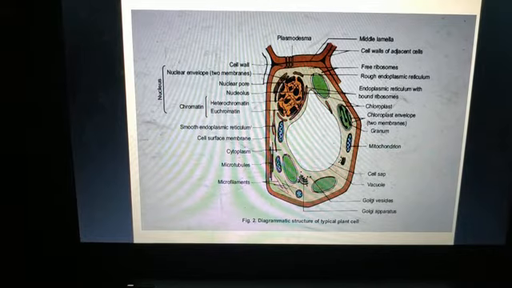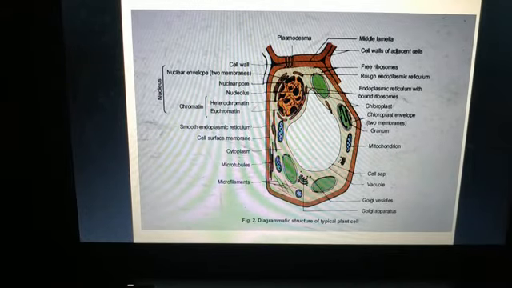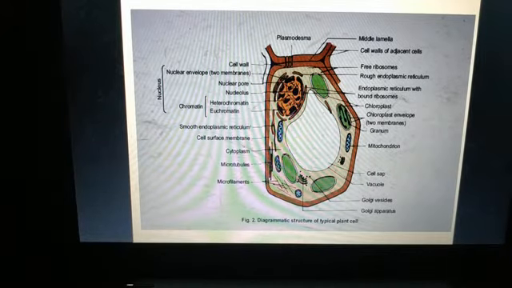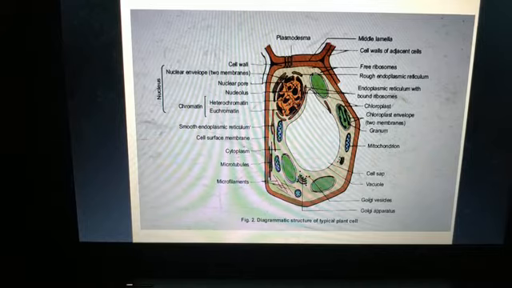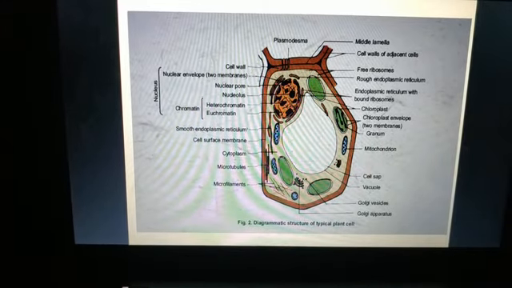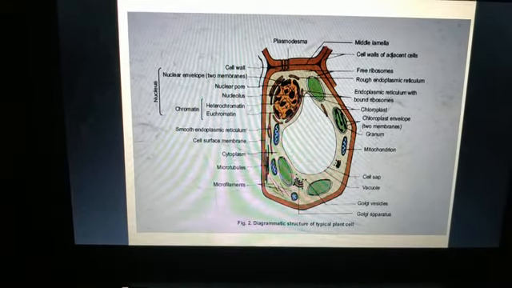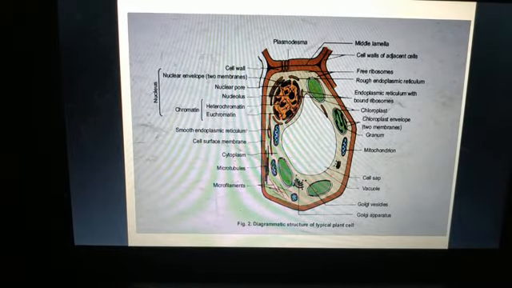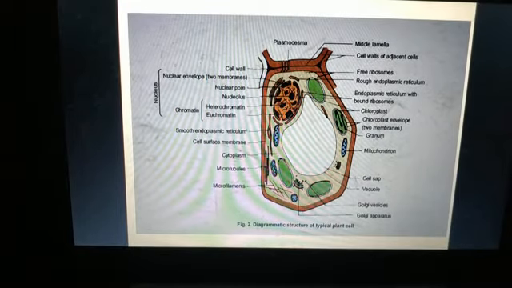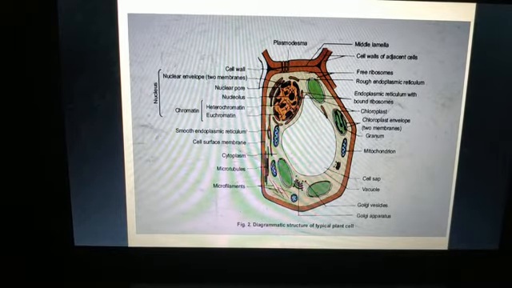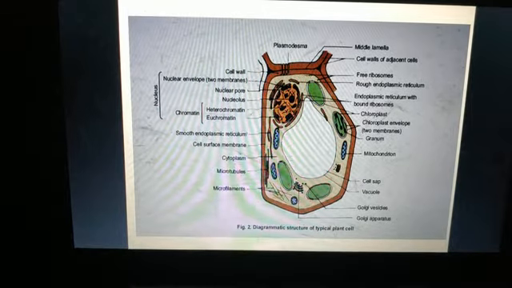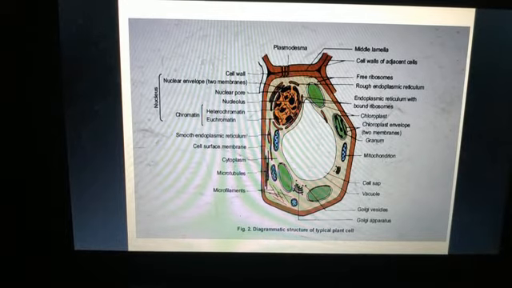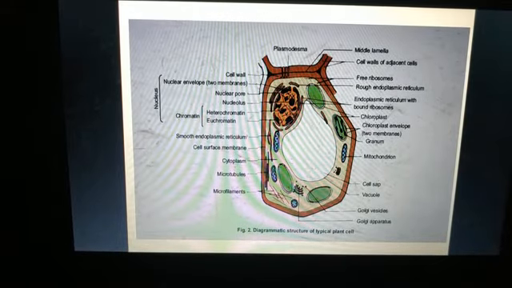So students, you need to figure out the differences between a plant cell and an animal cell. And apart from this, we will discuss each organelle one by one in detail in this chapter, and the function of each organelle that it performs inside the cell. This is important, students. So all these we will cover in this chapter. So we have studied till now an animal cell and plant cell, and these two are examples of eukaryotic cells.